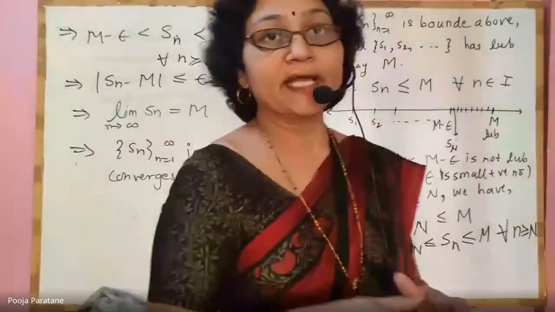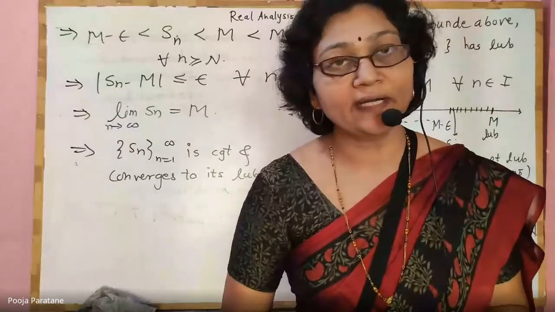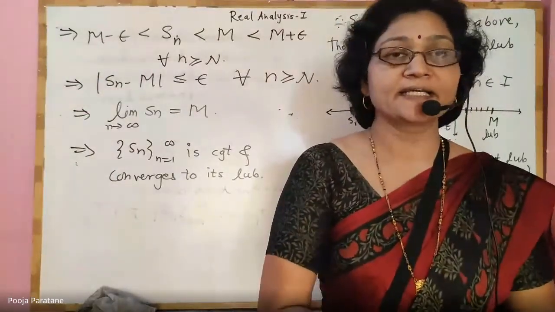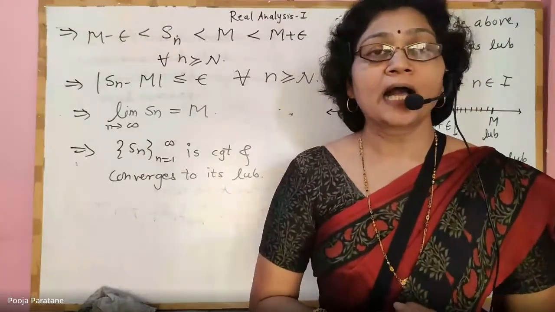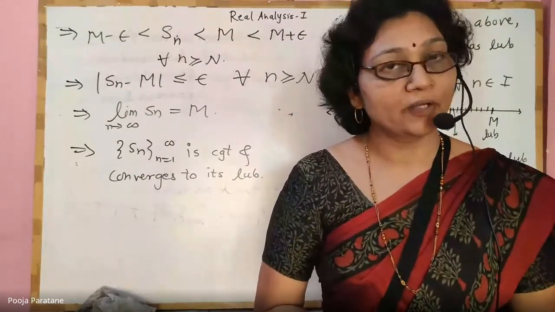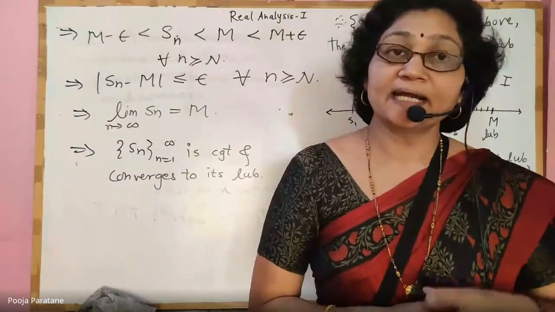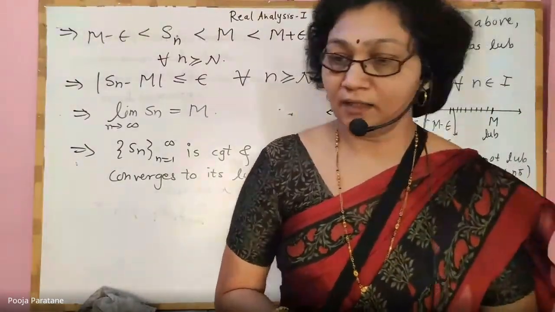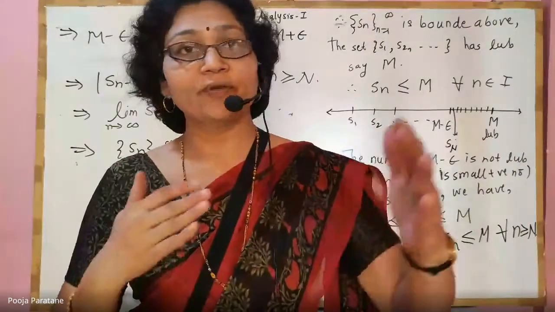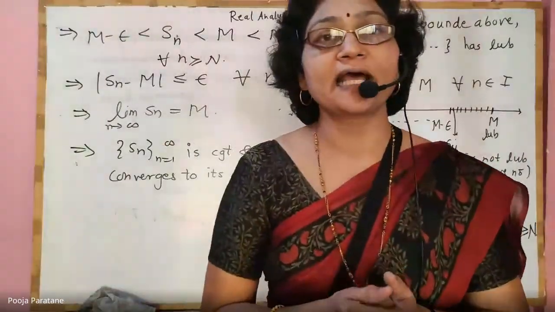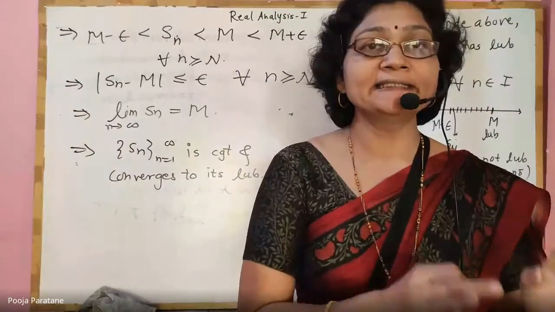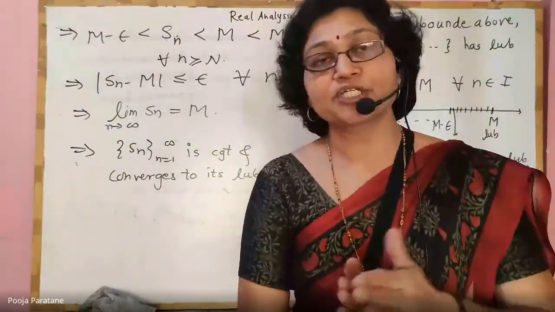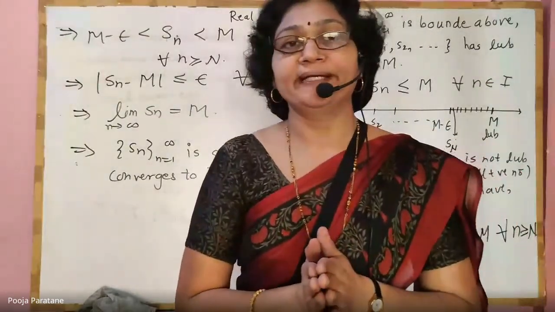Similarly, we can show that if the sequence is non-increasing and bounded below, because if the sequence is non-increasing, it is always bounded above, and if the sequence is bounded below, then it is convergent and converges to its lower bound. So these are two very important results. So if we combine both of these, then we can say that a monotone bounded sequence is always convergent. Combination of these two statements. So that's